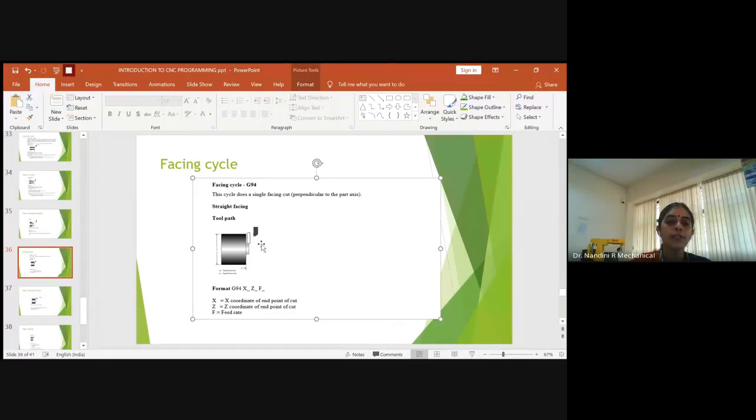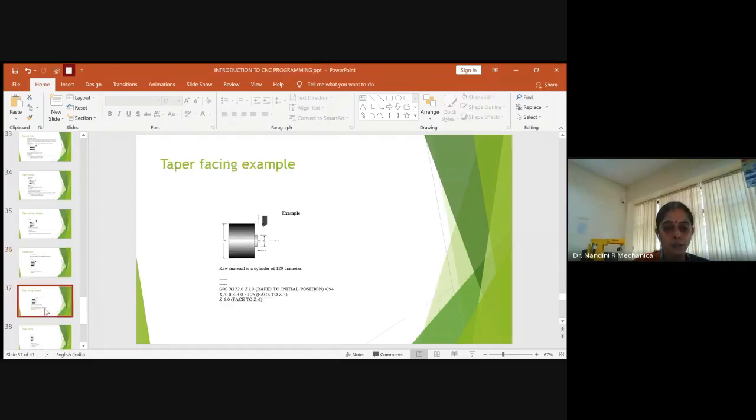So G94 stands for the facing operation, and the format used is G94 followed by the X coordinate, Z coordinate and the feed rate. The X coordinate provides the end point of the cut where you want to end, the Z coordinate provides the end point of the cut along the Z axis, and you will give the feed rate. As per your feed rate, it works. So this is the syntax.